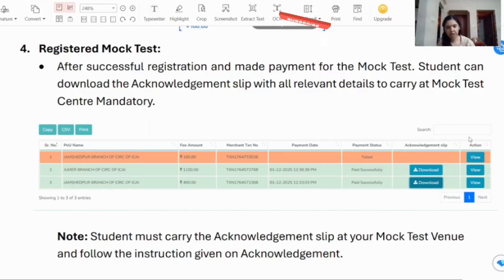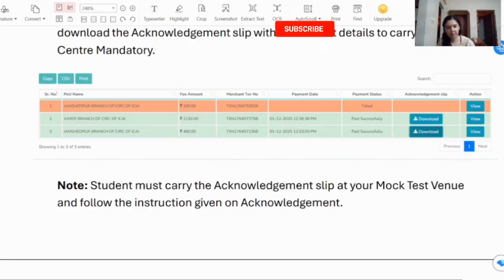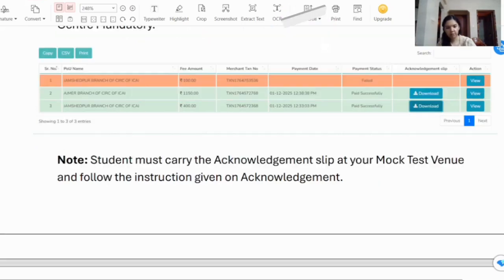And then there is an option here, acknowledgement slip. You just have to click on this download button and the slip will get downloaded in your system. And don't forget to carry this to the mock test venue when you go for the mock test. Also ensure you follow the instructions given on this acknowledgement slip.